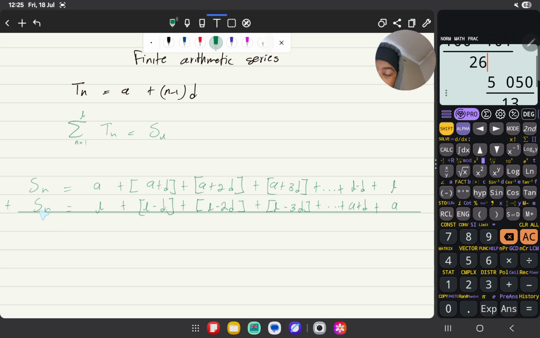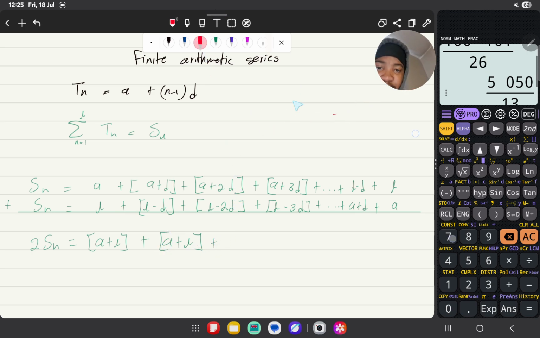Just to make sure. So then if I add this 2, I have 2 Sn, right? And then I add this 2, I'm going to have A plus L, right? Let me add this 2, I have A plus D plus L minus D, right? So minus D plus D, they're gone. So I'm going to have plus A plus L, right? Plus,